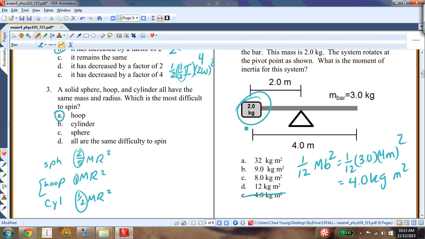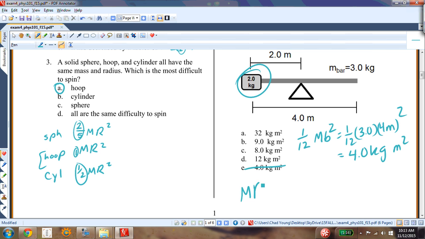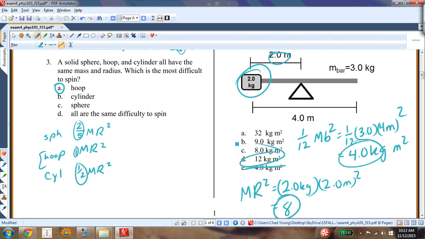Because I also have this mass out at a larger radius, and the moment of inertia of that is just going to be mr squared. I treat that like a point mass. That mass is 2 kilograms. It's at a distance of 2 meters. That's squared. 2 times 4 is 8. So I'm looking at 8 plus 4. So D is the right answer